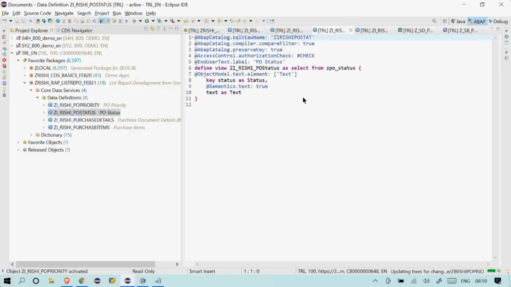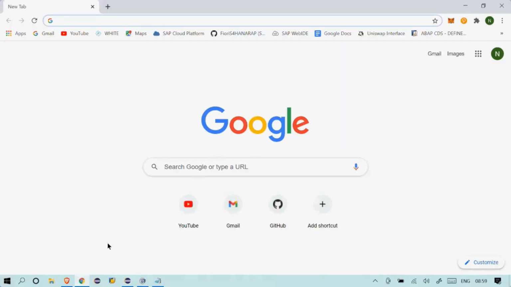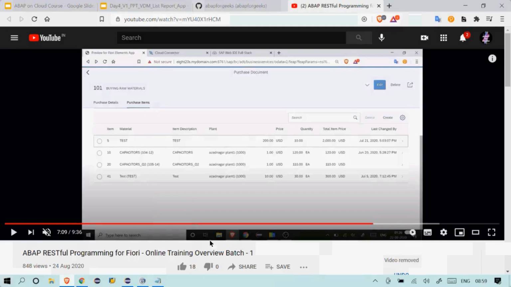So you learn about different annotations, which are at a pretty basic level. These are not related to the user interface annotations. This is something which will be interpreted by the SADL framework, and that will add some metadata information to this specific CDS view. Why do we want to display the data like this? We want to include the description within the same column, instead of item here and item description there. For that purpose we are doing this. Similarly, for price and quantity also we did the same using different annotations.